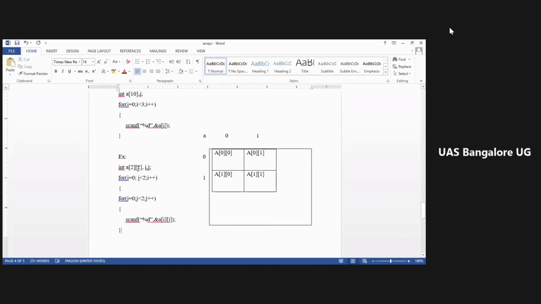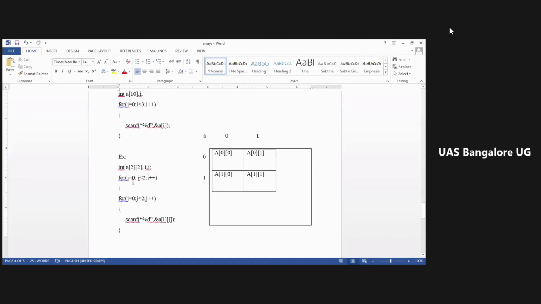This you know. I have given a size, I have taken a two-dimensional array, and I have taken two variables, one for the row and one for the column. Here I have the same for syntax. Here I have the initialization, here I am checking the condition, and here I am doing the incrementation. For i equal to 0, it always starts with 0. Is i lesser than 2?